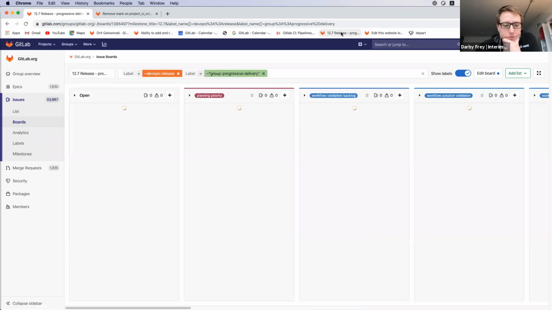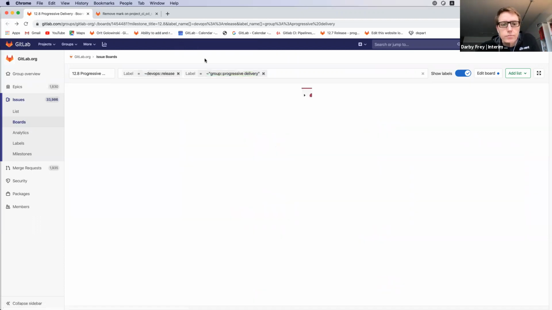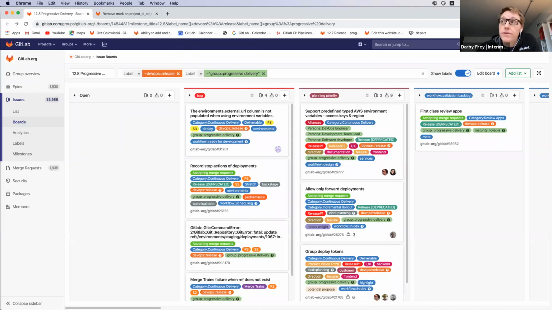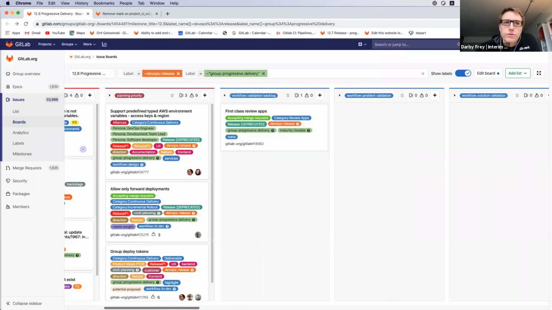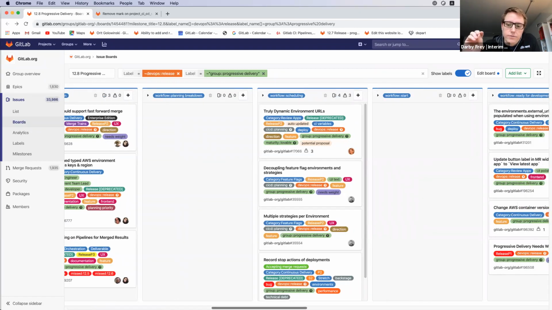There was another thing I was going to suggest in terms of the scheduling column. Since we haven't totally figured out how we're going to transition to the new process, perhaps what we could do is use that scheduling column as the beginning of the new process. So we pick the high priority things for 12.8 and work through those in the way that we're doing now.